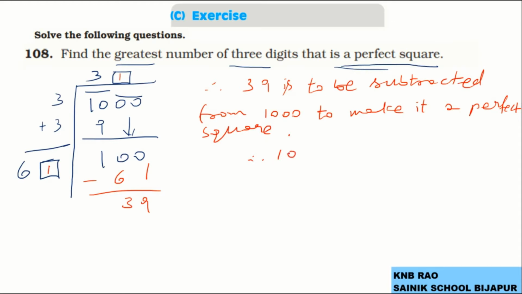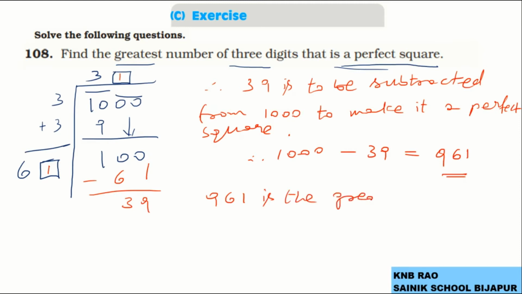Therefore 1000 minus 39 gives 961, and the square root of it gives 31. So we have this 961 being the